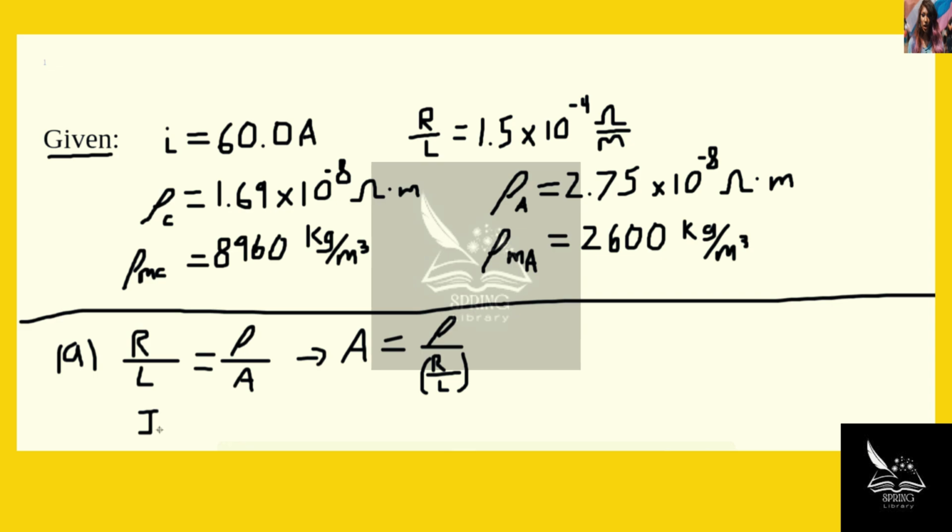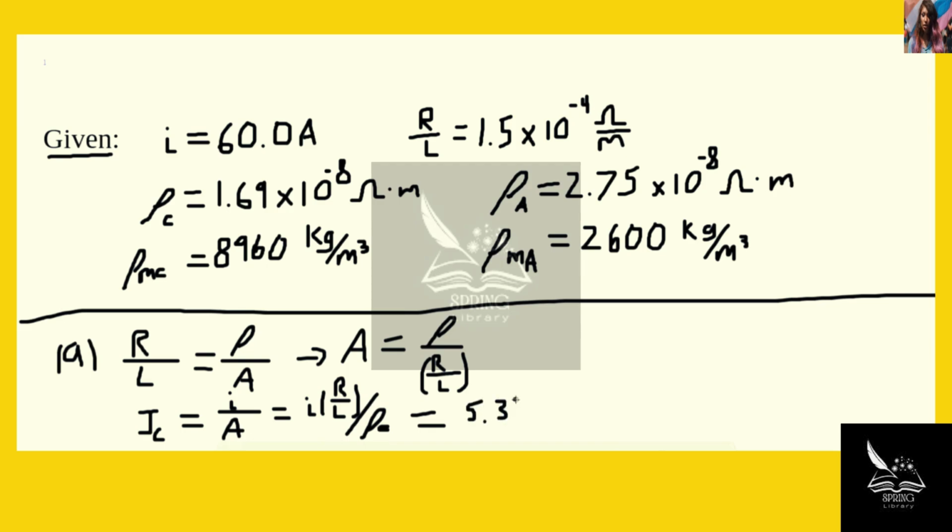So the magnitude of the current density, J, for the copper wire is equal to I over A, right? And we just found what A is. So for the copper wire, this is going to be I times R over L, and then all of this is divided by the resistivity of the copper wire, rho sub C. Okay, so you plug that into the calculator, and this comes out to be